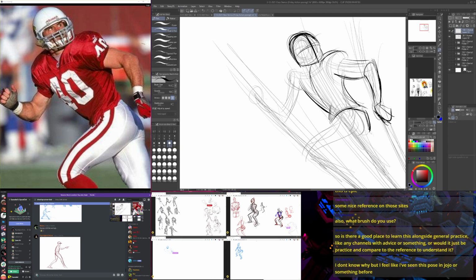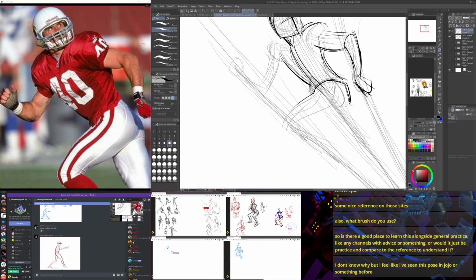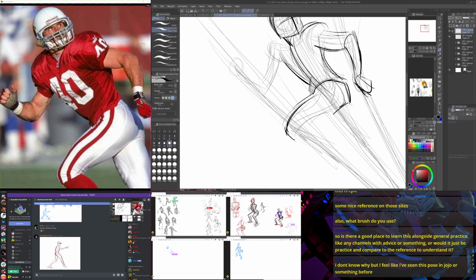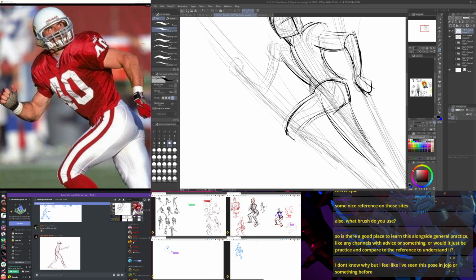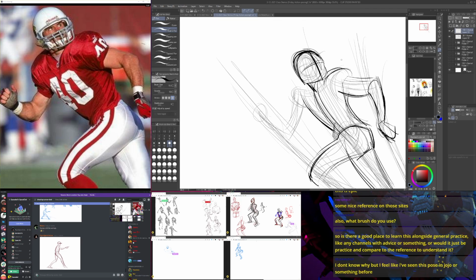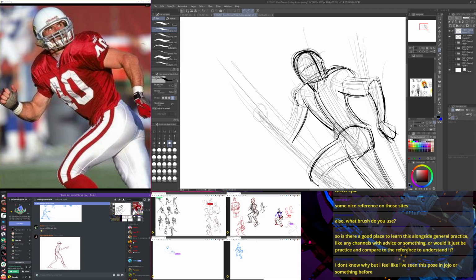And I'm thinking about it like I'm trying to create a cartoon of this guy. So while I'm going to be observant to what he's doing and try to integrate some of that into what I'm drawing here, I'm not too worried about it being completely accurate.